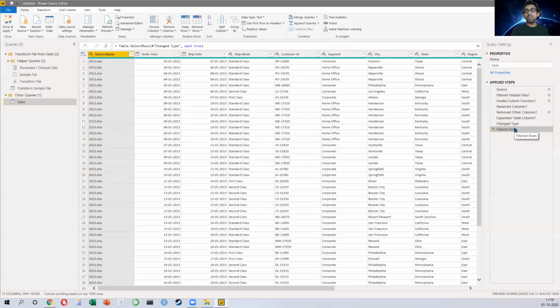Tableau and Power BI is not like that. Tableau and Power BI are more or less similar. They can connect to the same types of data. They can create the same types of charts. They can do the same type of data cleaning. They can write the same type of formula. Then what is the difference? The difference is that it's a choice.